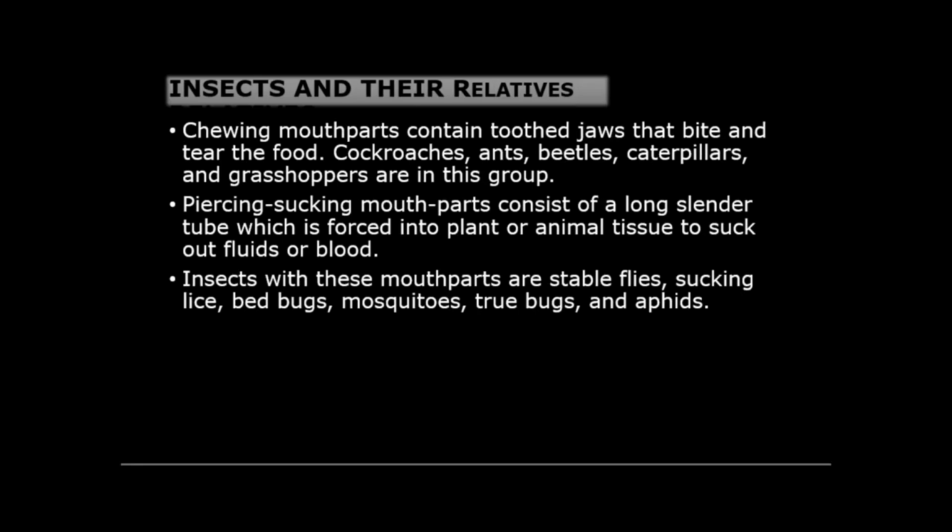With insects and their relatives, chewing mouth parts contain toothed jaws that bite and tear the food. Cockroaches, ants, beetles, caterpillars, and grasshoppers are in this group. Piercing sucking mouth parts consist of a long, slender tube which is forced into plant or animal tissue to suck out fluids or blood. Insects with these mouth parts are stable flies, sucking lice, bed bugs, mosquitoes, true bugs, and